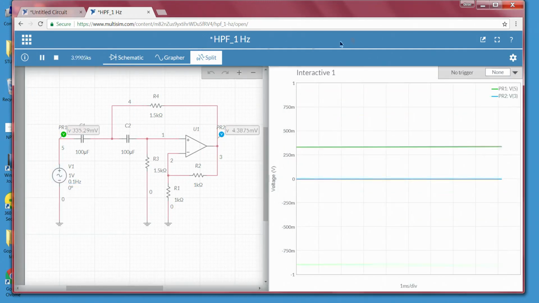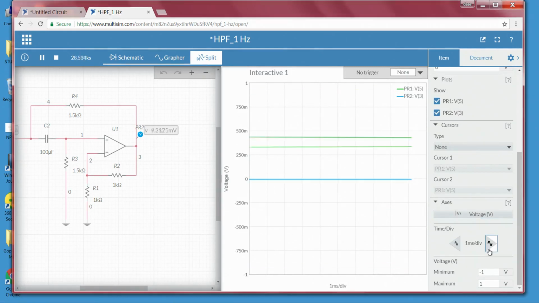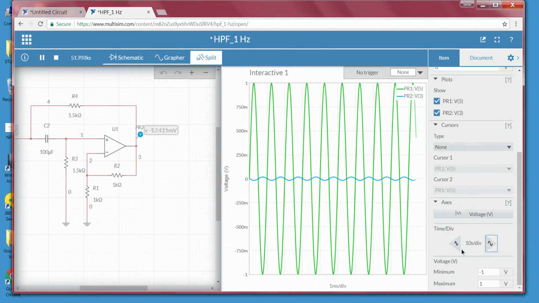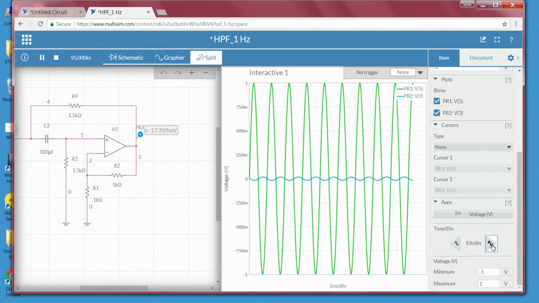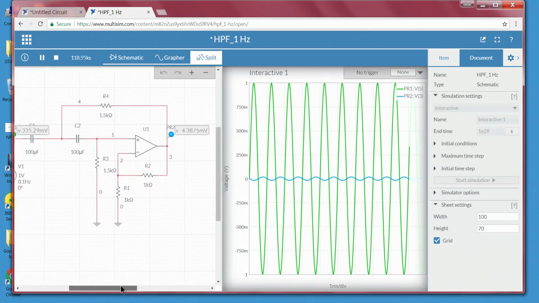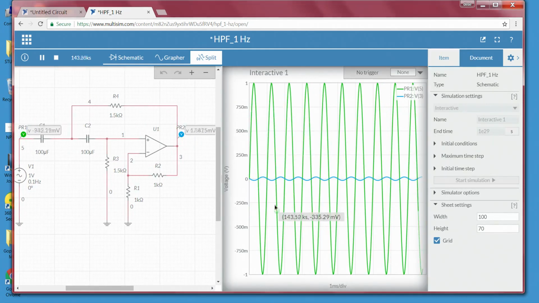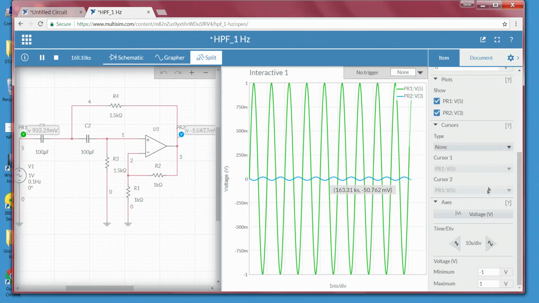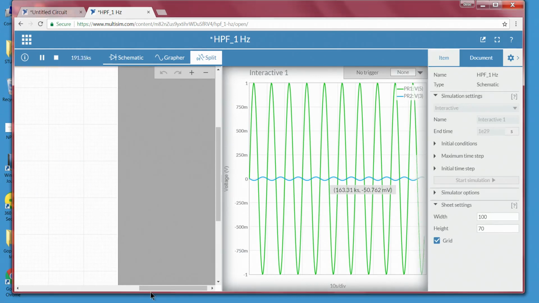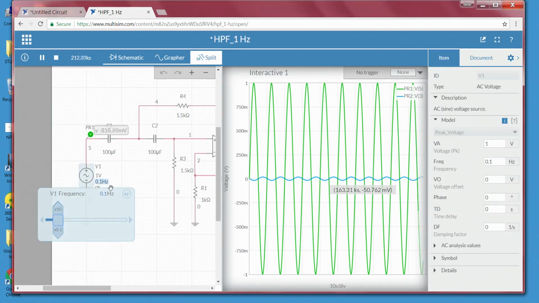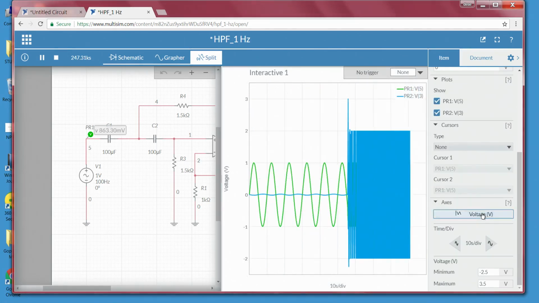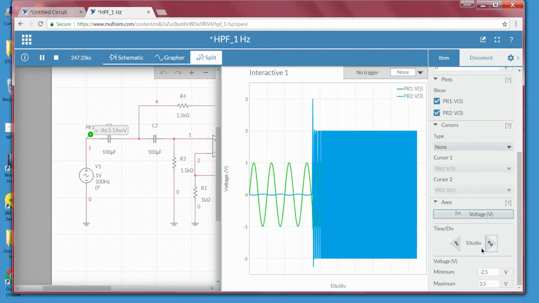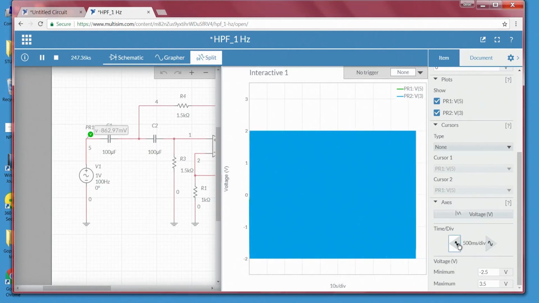Let me run it. We will change the settings. So, what is happening now? The peak voltage that we get is nothing but 2 volts, as we know. In order to understand that, rather than going with a high value, we will go from a lower value, so make it 100 Hz. Now go to the settings. We can see 2 volts to 2 volts. I will decrease the time division so that we can see the signal.